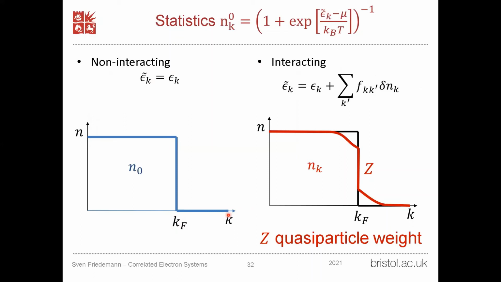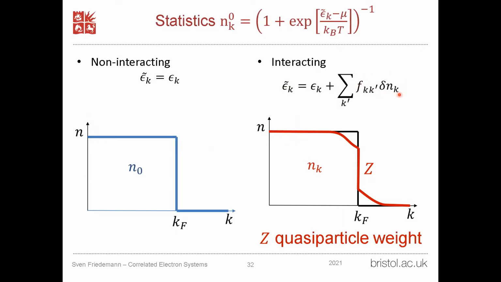In the interacting case, that's no longer the case, because the energy of an individual particle is modified. So this is the original energy, and it's modified now by the sum of these interaction terms